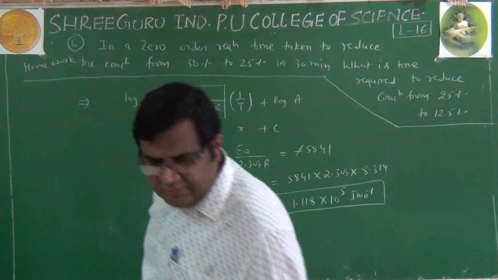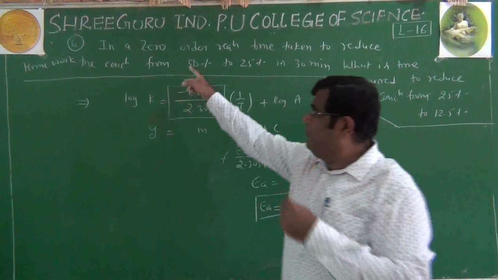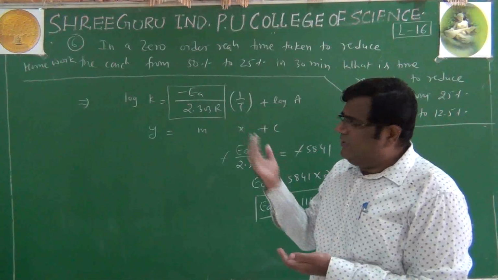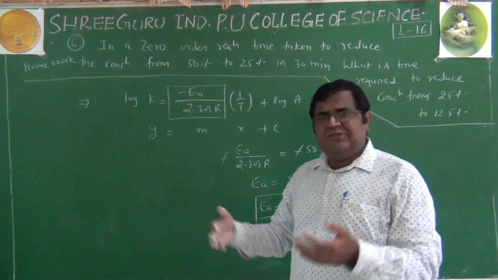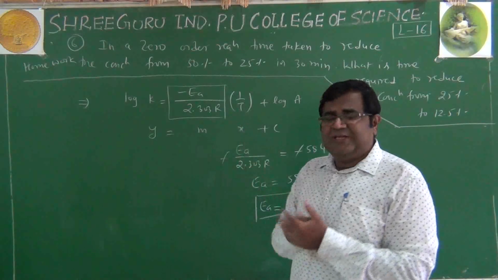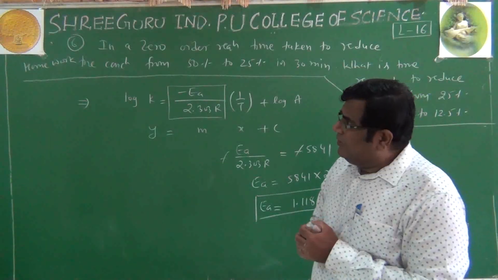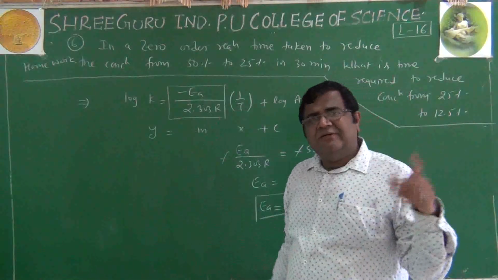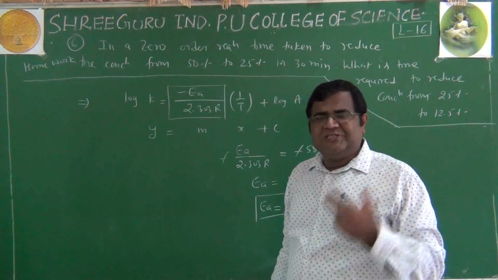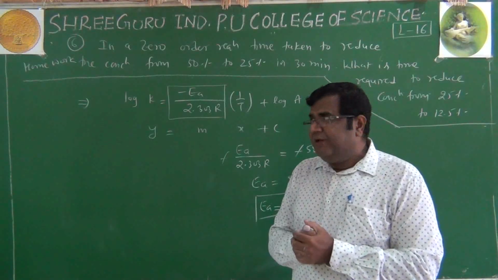This is the homework question for you. Very simple, not related to this one, just a general question because it has been asked previously in examinations. That's why I have given it. You have to solve this one question and the rate of reaction quadruples question. These two questions I have given you as homework.